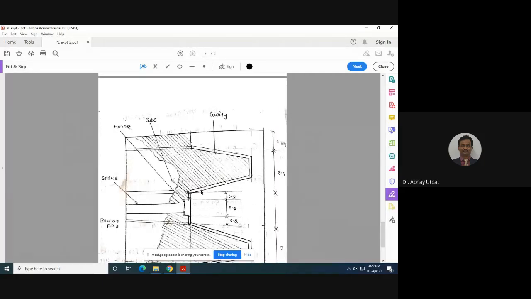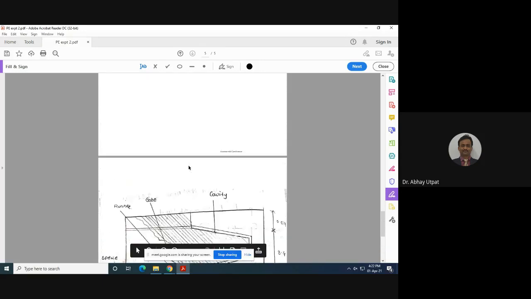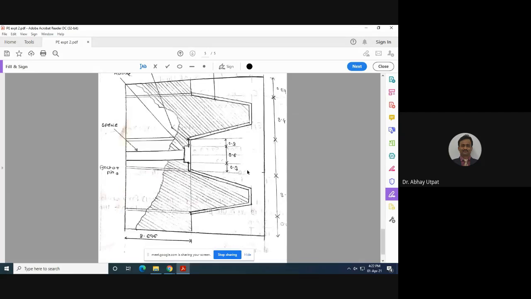So these are your holes. For better understanding, taper is shown here. Earlier we have ignored the taper. So this is the 2.15, 2.15, and this gap I was talking about, 1.228, is here in between. See how it is segregated. This is runner. I hope you are understanding. I will increase the size for your understanding.